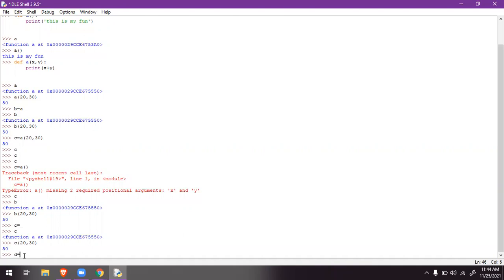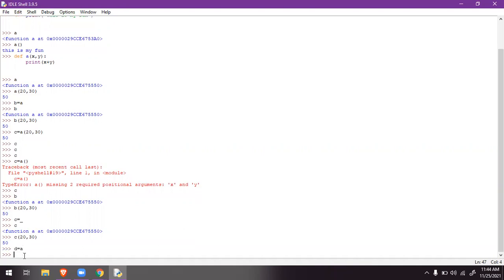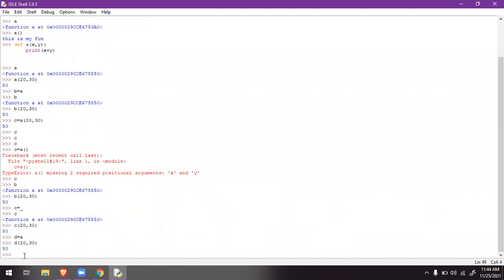d equals a, like that you have to enter, and then you can use d also, 20 comma 30. There you can use the function. Likewise you can use the functions as per your convenience.